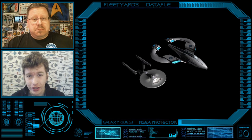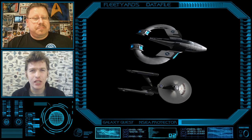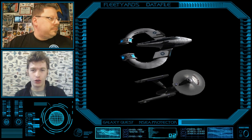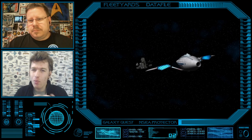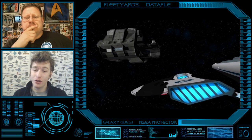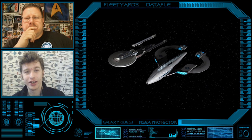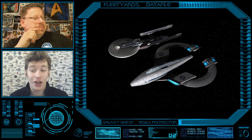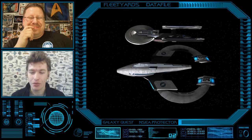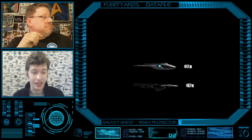Now, with all the different sci-fi franchises we'll be looking at for Fleetyards, you don't really get a sense of perspective when watching each show or each movie compared to each other. So how big really is 441 meters? Well, as I always do, let's talk numbers and show some really pretty scale charts, especially for the occasion. And go. So, at 441 meters, the Protector is about the same size as the Excelsior class at 467,